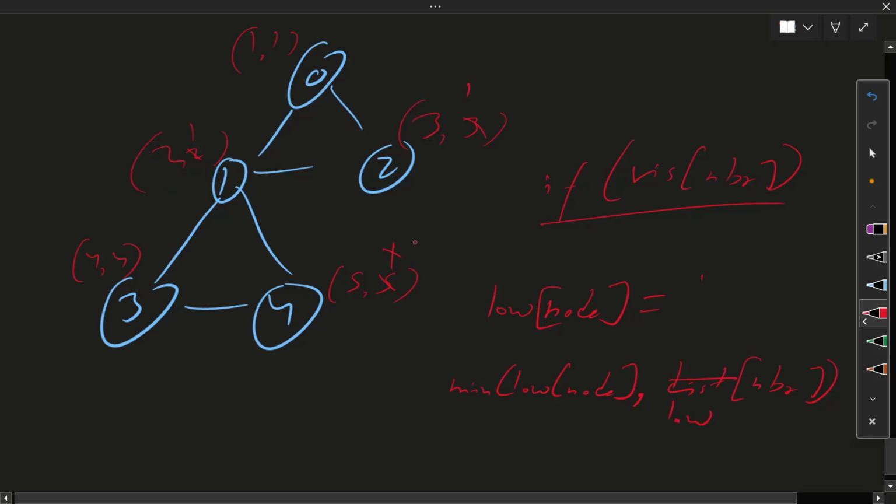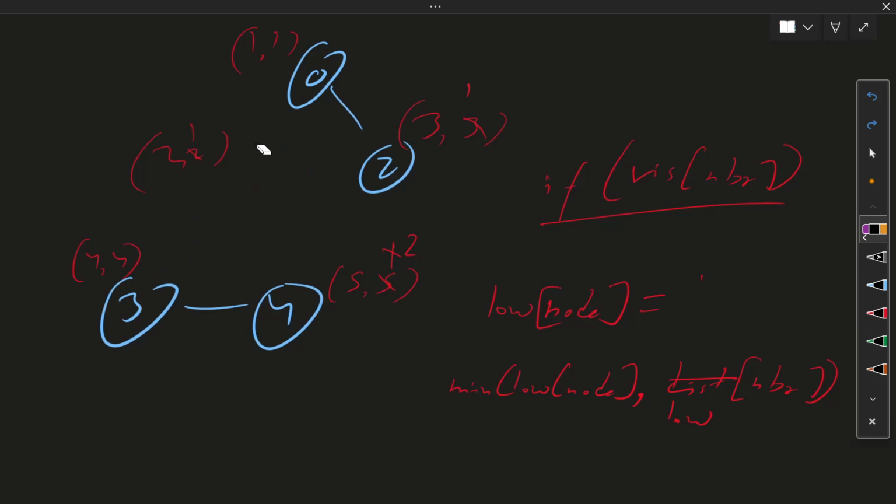So what they are telling you is they are updating with value 2. What it means is I can reach this particular node, but according to their explanation, what I understood is you have to take 2 only, because if you remove this, you cannot access 0.